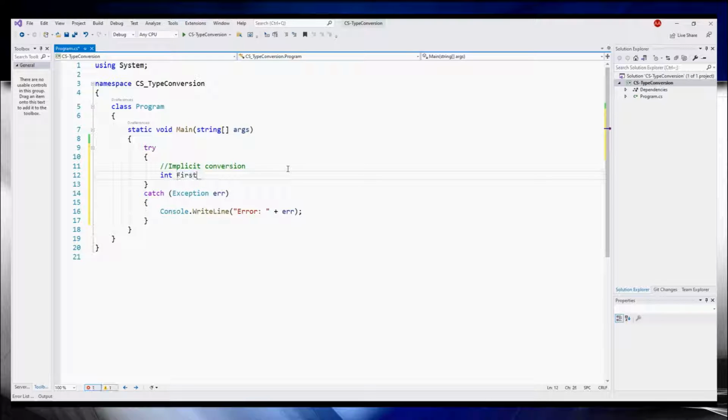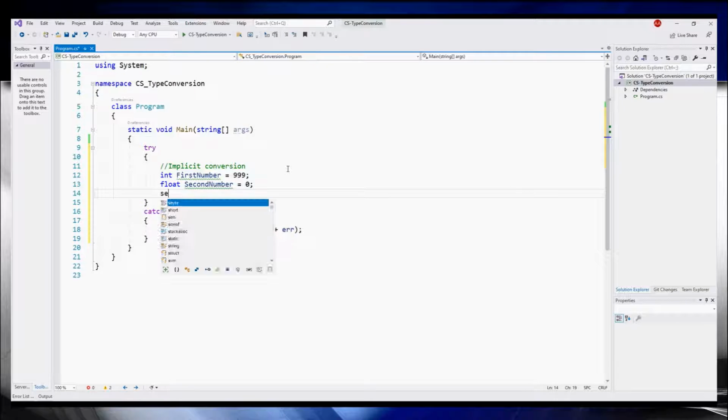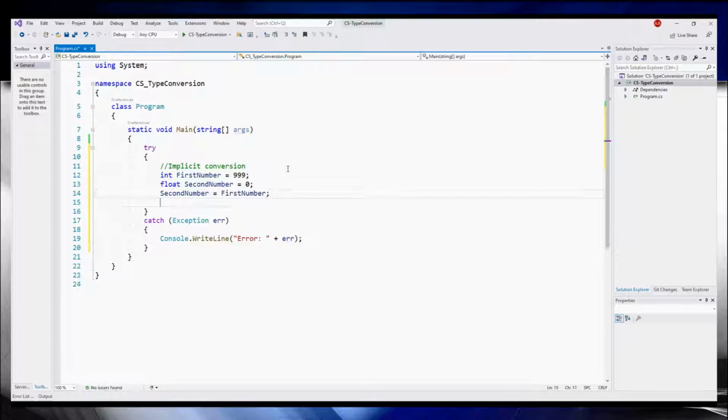Int firstNumber equal to 999, float secondNumber equal to 0, secondNumber is equal to firstNumber,